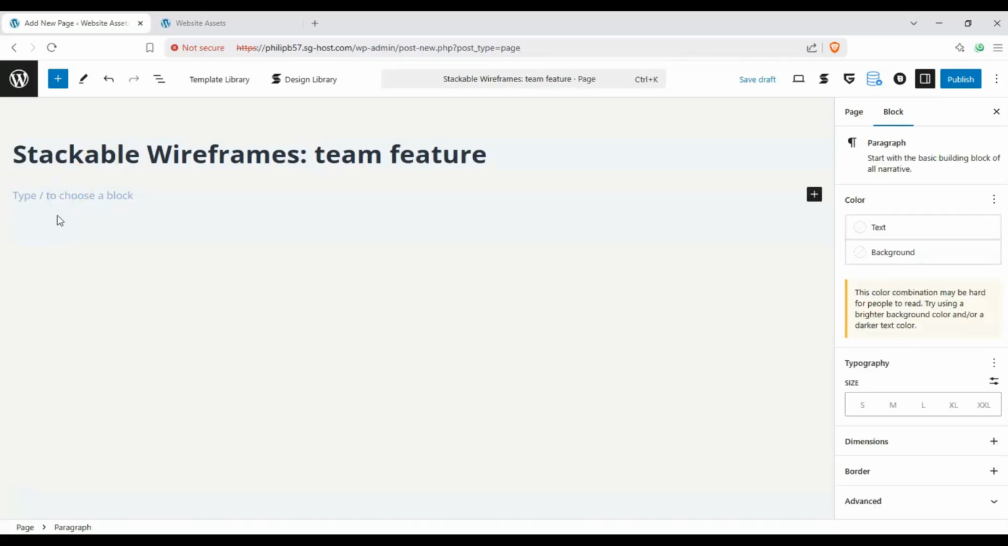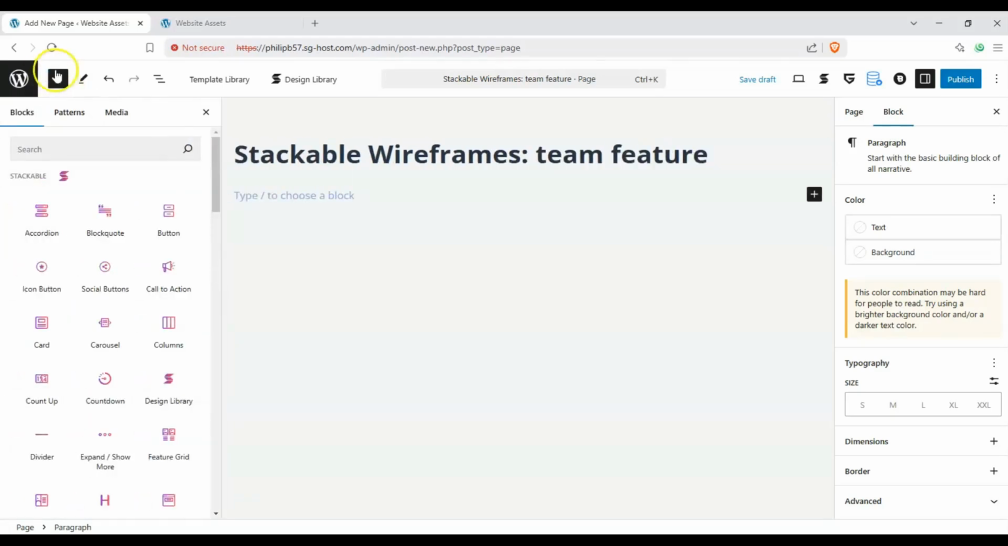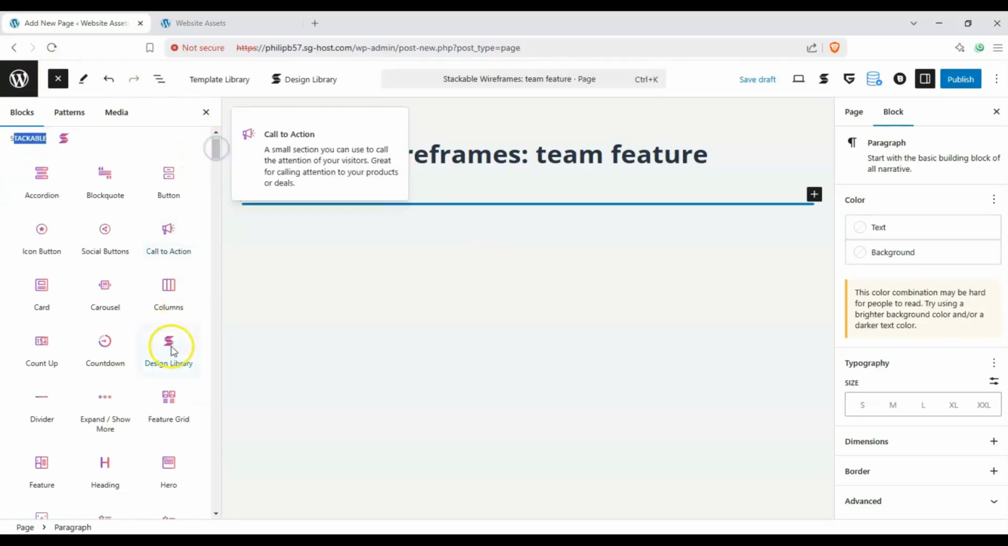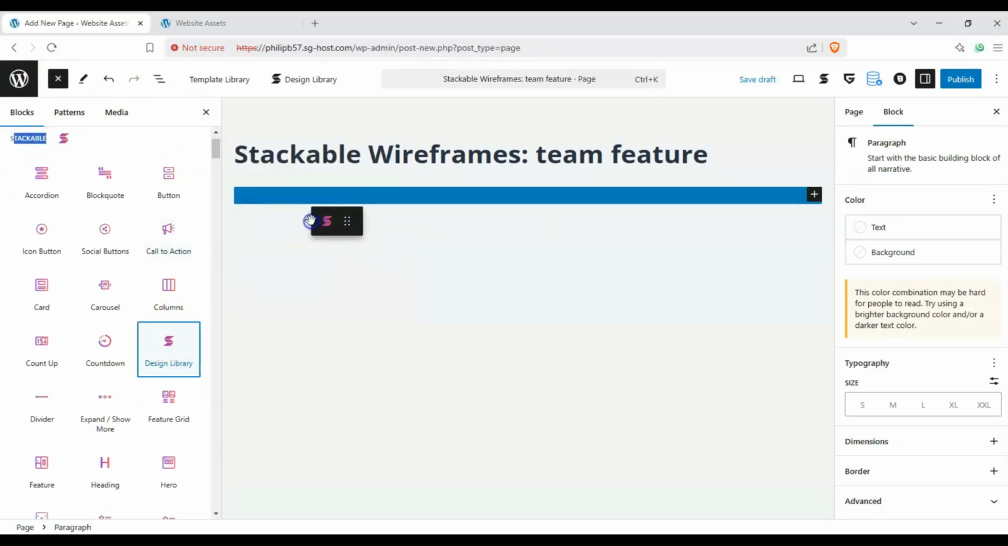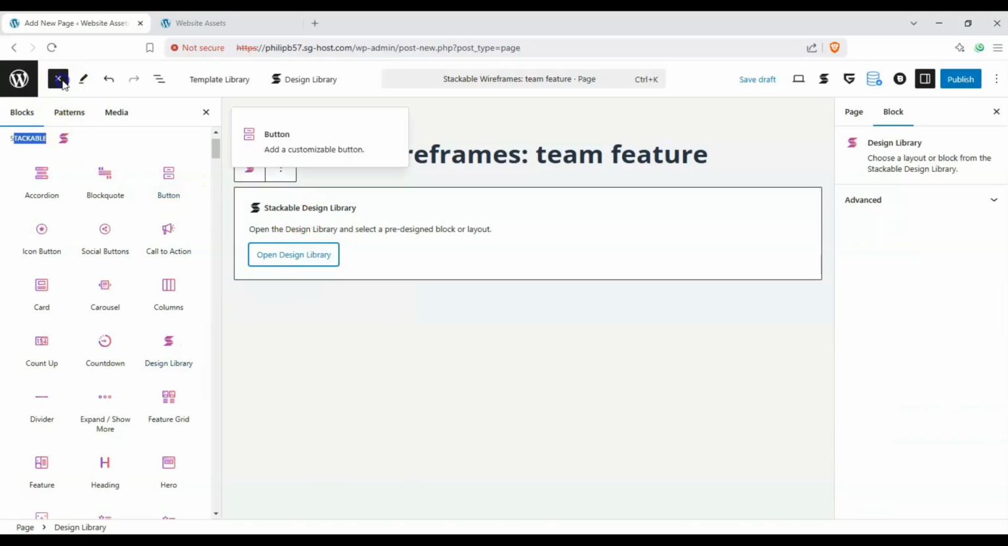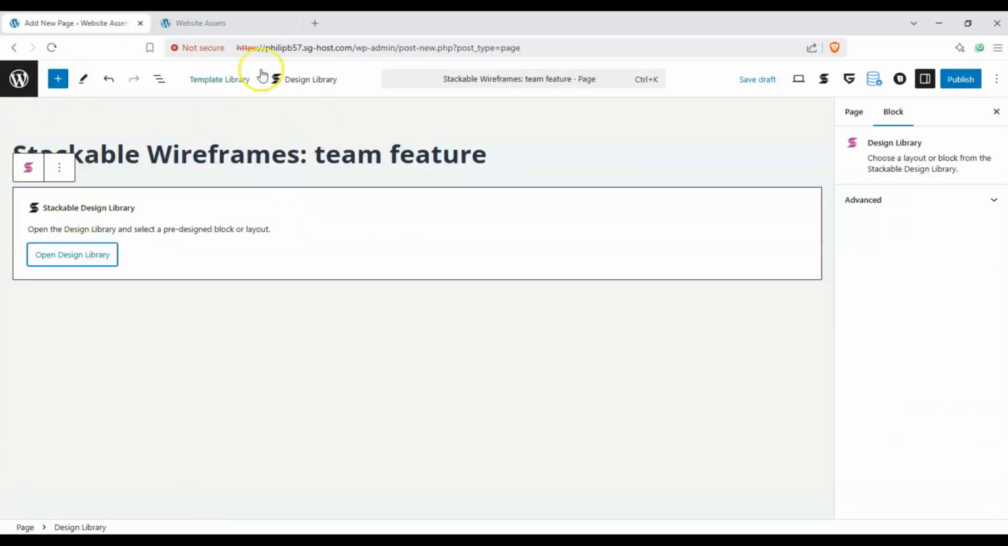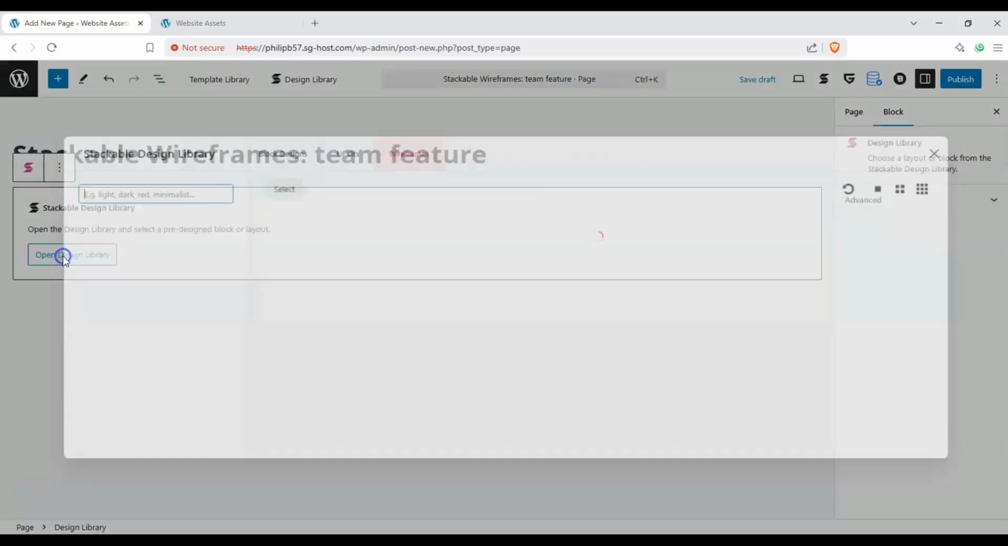Okay, and let's add the wireframe itself. Click on this blue button called the Block Inserter, top left-hand corner, and under Stackable, let's scroll down and find Design Library. Let's drag and drop that into our workspace. Let's close the block inserter to give ourselves some more room to work with, and let's click on Open Design